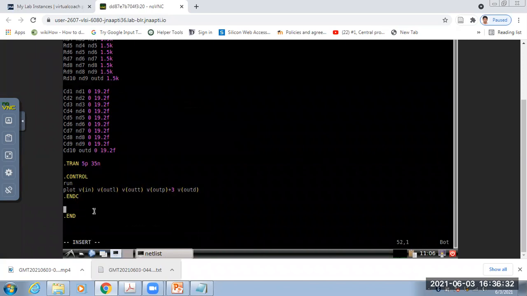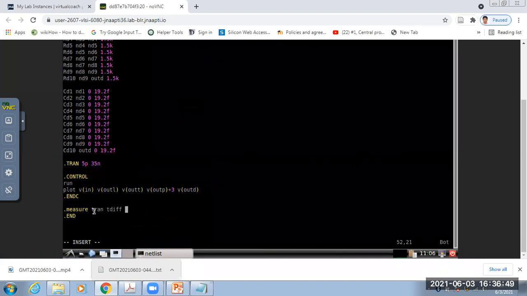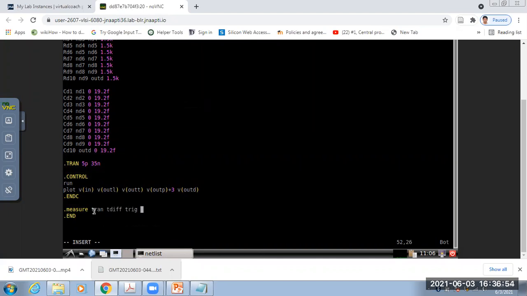Dot measure tran, then t diff. Then trig. The trigger is V in or V out?